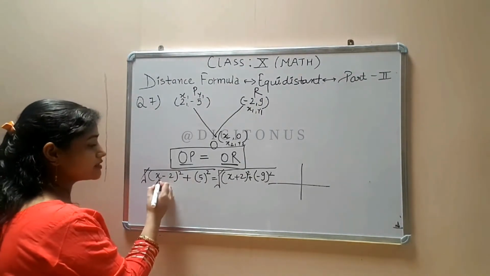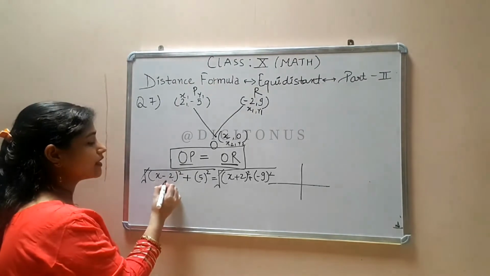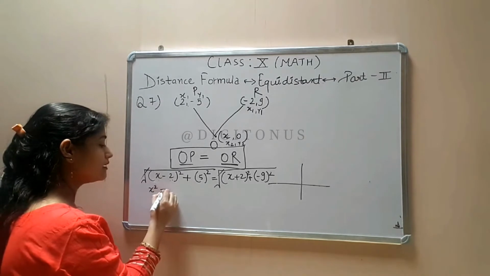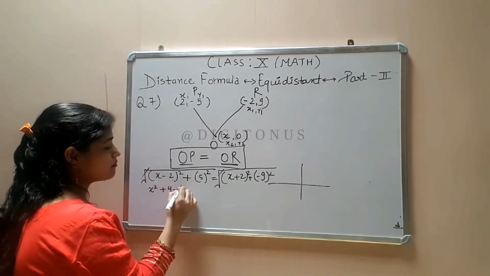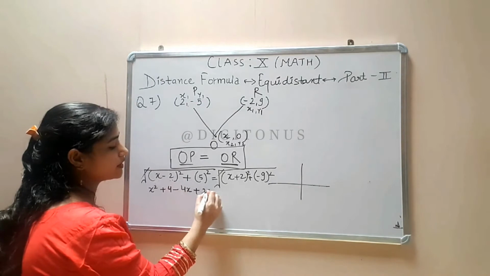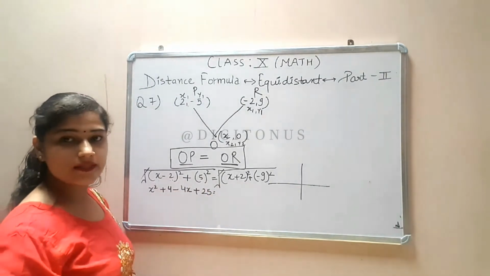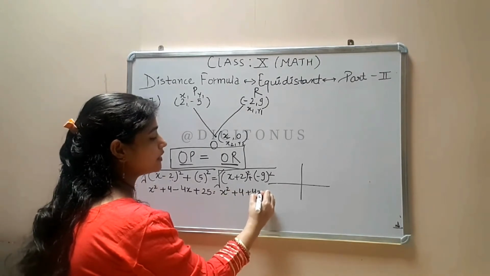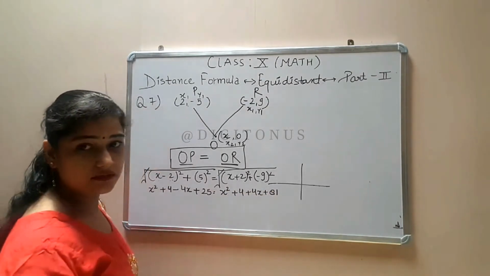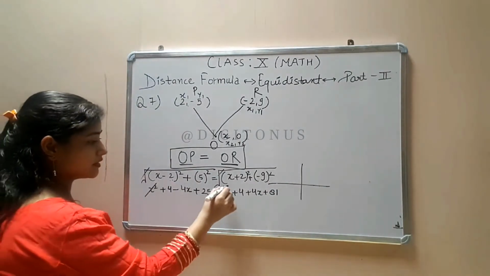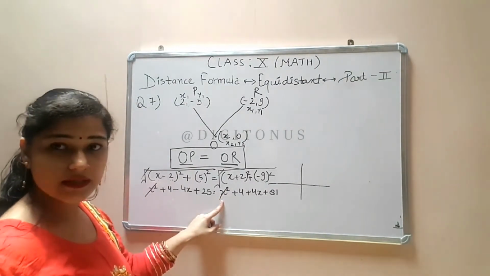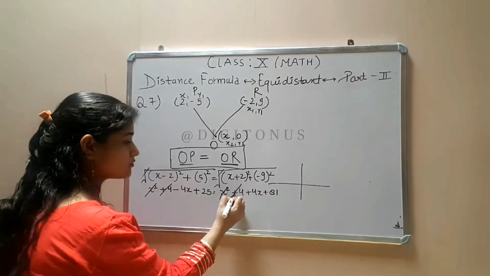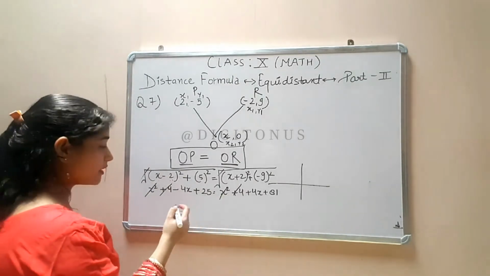Now you start solving. You can see here that we have to apply the (a minus b) whole square identity. So you apply the (a minus b) whole square identity: a square plus b square minus 2ab, and plus 25. Here also the (a plus b) whole square identity: a square plus b square plus 2ab, and plus 81. Clear? Now we will cut x square and x square, because both are of the same sign and at different places, and plus 4 also we can cut. Now we will solve the remaining.